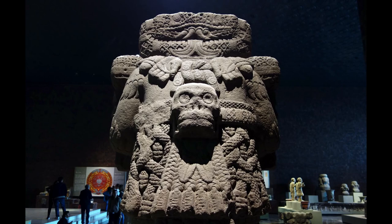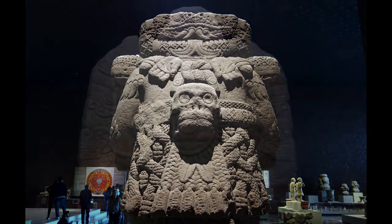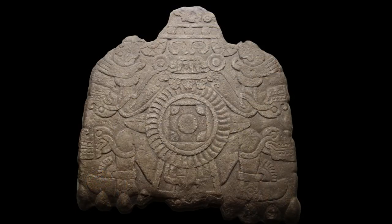But what I found most fascinating is that this massive piece of stone is actually carved below as well, with a shallow relief carving which we can see in reproduction. On the bottom of this sculpture we have the Earth Lord, or Tlaltecutli. So this god, the earth god, would have had this sculptural relief facing him, that is facing down to the earth. We actually see this on a lot of Aztec sculptures where this Earth Lord would have been touching the surface